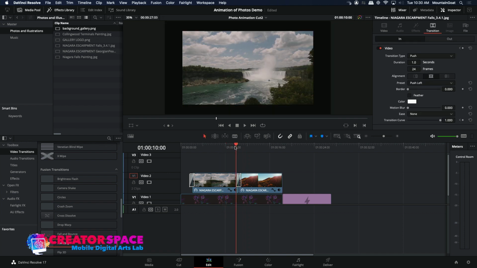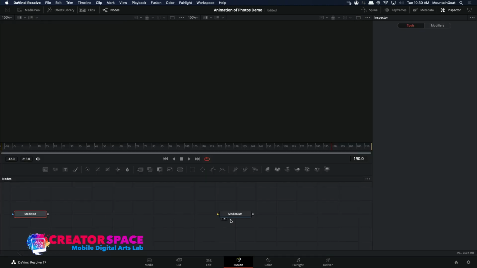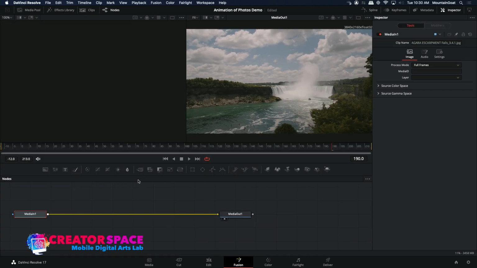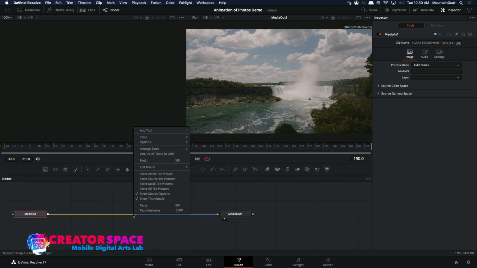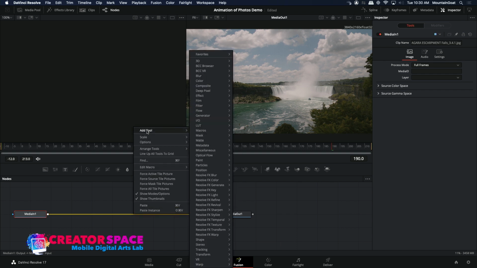So another thing we can do too is then, I'll go down here, we can go to Fusion, and this is where we can start to play with what the image does. So this is basically the layer. So it's telling me what the image is. I'm going to go right here, and in Fusion I'm going to go Add Tool,